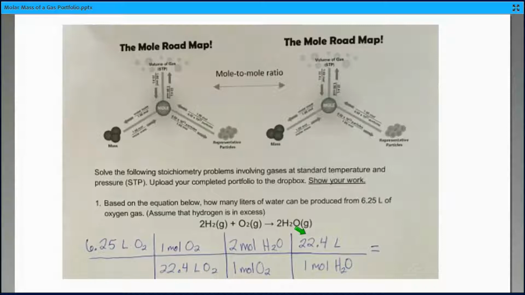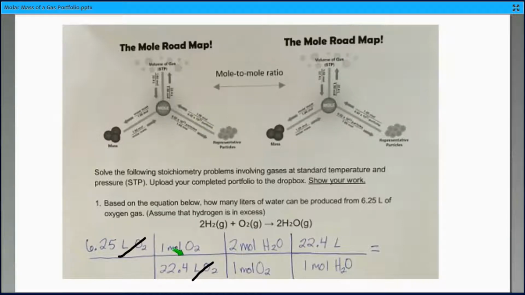What answer did you get? Hopefully you got an answer that looks like mine, 12.5. What's my unit? Look back at your problem and make sure that everything cancels out except for the unit that you're solving for. Liters of O2 is on the top and it's on the bottom, so liters of oxygen